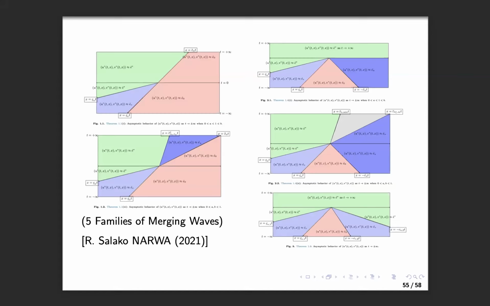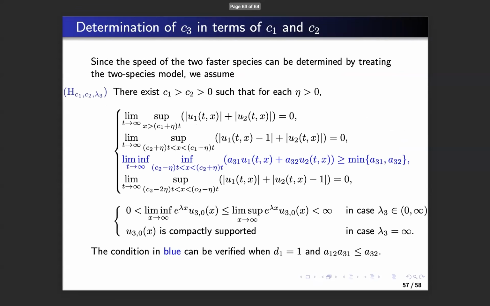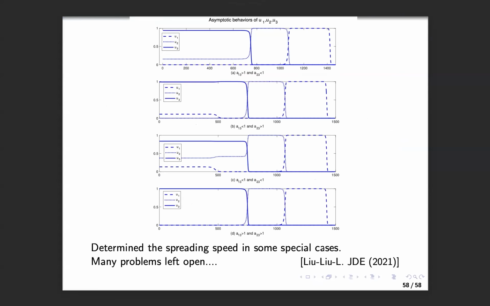Now, before I end, if one really likes super-subsolutions, one can argue, well, why go through the trouble with the Hamilton-Jacobi results? Because if you work on it hard enough, you can show everything with super-subsolutions. But recently we considered a three-species competition model. This is not monotone at all. And in a certain regime we can show the spreading speed